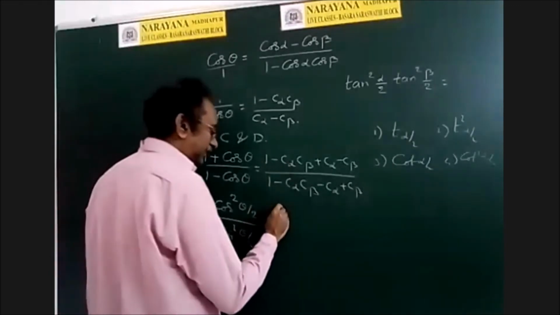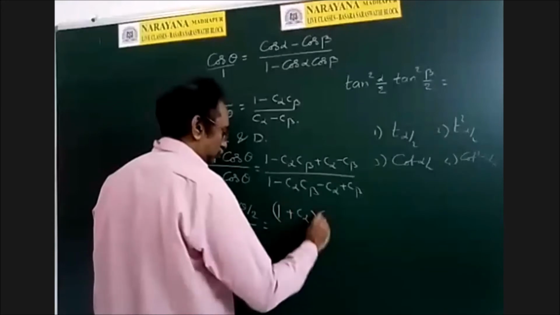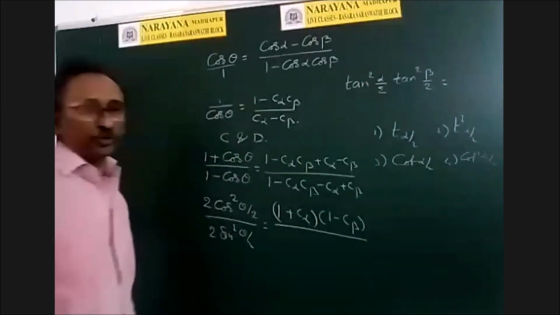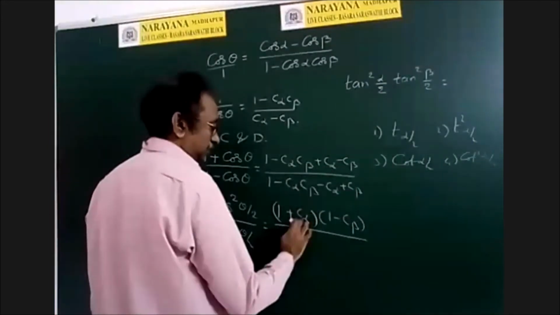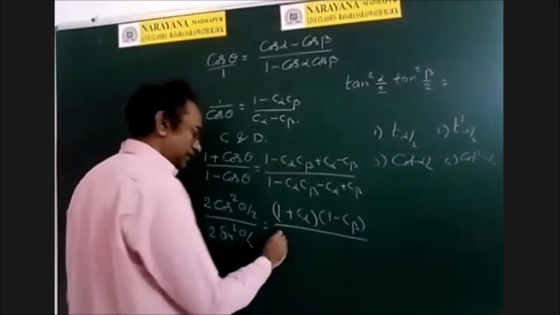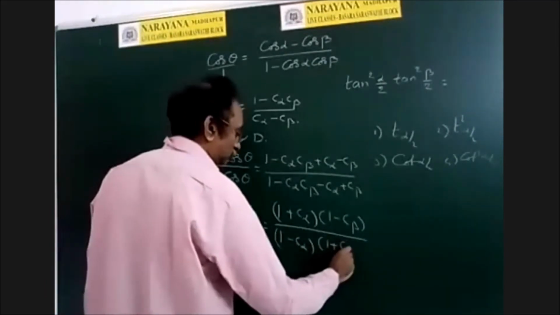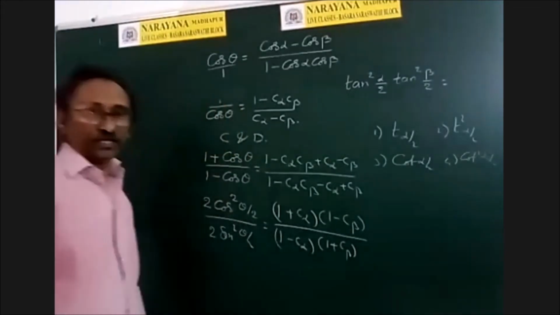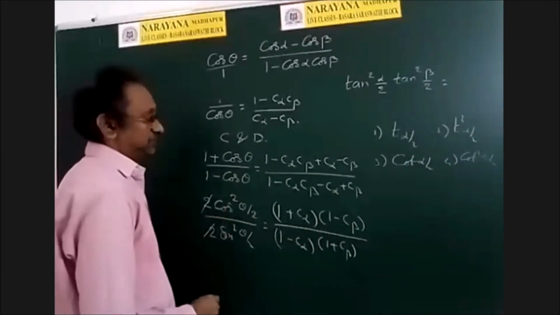Now what about this? So you can factorize this. So you will get 1 plus cos alpha into 1 minus cos beta. So that is the numerator. So see, 1 plus cos alpha minus cos beta minus cos alpha cos beta. Similarly, in the denominator, 1 minus cos alpha into 1 plus cos beta. Okay, and 2 cancel. So here, what is the question? It's in terms of